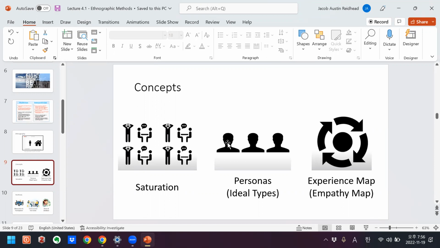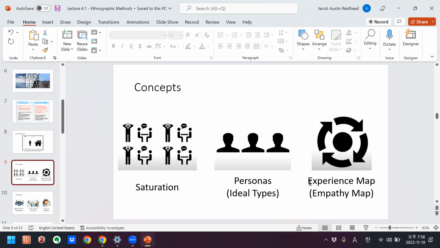For example, in an orphanage, the administrators are one persona, the orphans are another persona, the parents who are not present are another persona, and teachers are another persona. So these are roles within a given institution or social context that